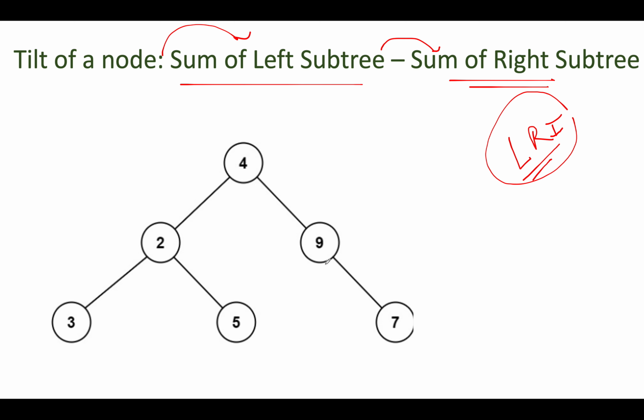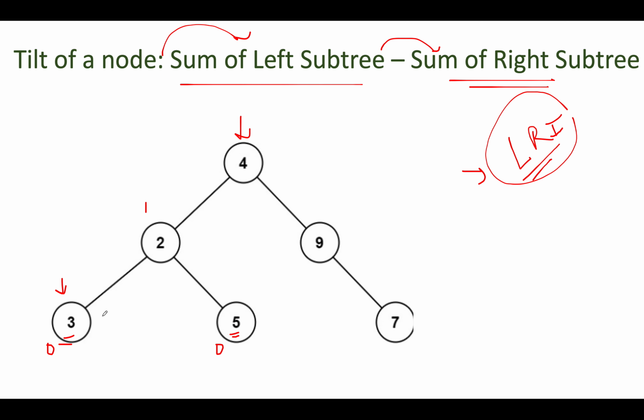How? Let's walk through this example and try to build our core logic using this post order traversal iteration. So right now we are at this node, we'll go to the left, this one, then we'll go to the left, this one, and this here. At 3, we don't see any of its child, both are null. As a result of which, the tilt for this node becomes 0. Then we will move towards its right child because we are moving in left, right, info fashion. And here as well, the tilt of this 5 node is 0 because both of its children are null.